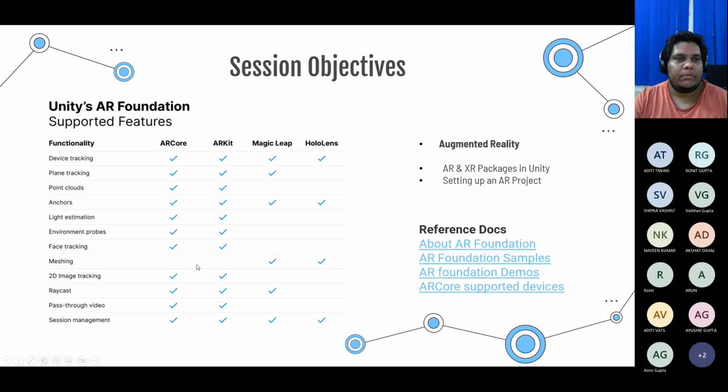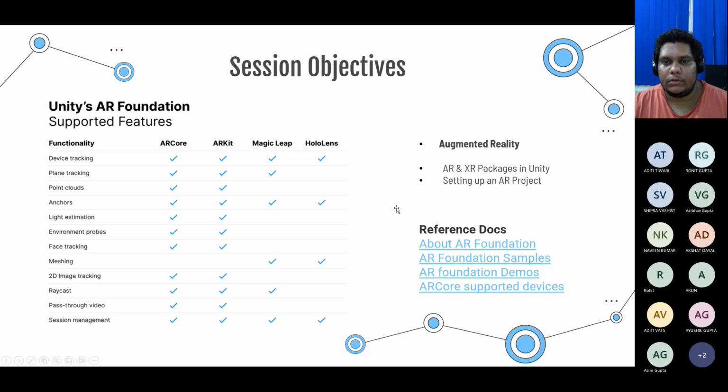Anyway, so this is the improved or the updated version of that document where basically, as you can see, almost all the features are now supported in AR Core as well as AR Kit. So they are similarly supported. I think ARKit also supports meshing, which is not picked here somehow. But I read somewhere, maybe it is not supported through AR Foundation, maybe it is supported separately. But as you can see, it supports device tracking, plane tracking, point clouds, anchors. So anchors, we talked about cloud anchors. So that is what an anchor is: light estimation, environmental probes, space tracking, meshing. So we'll look at some of these things.